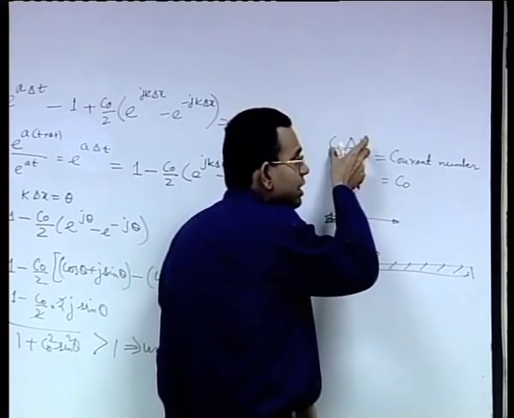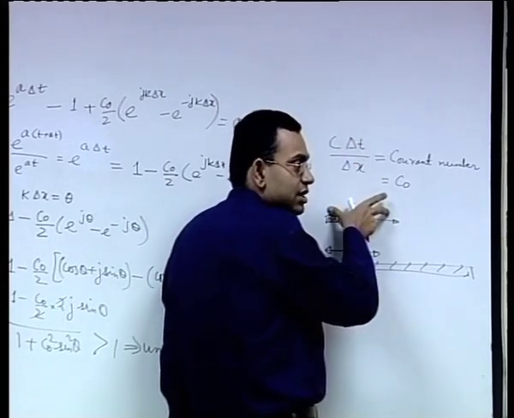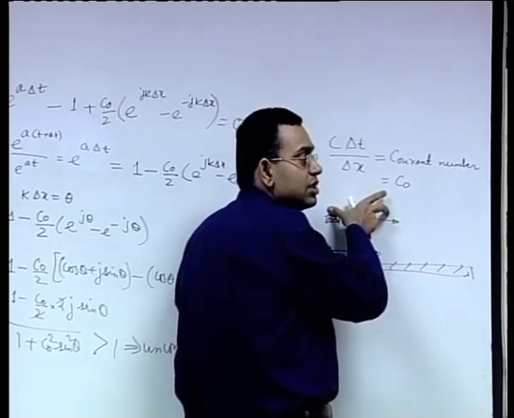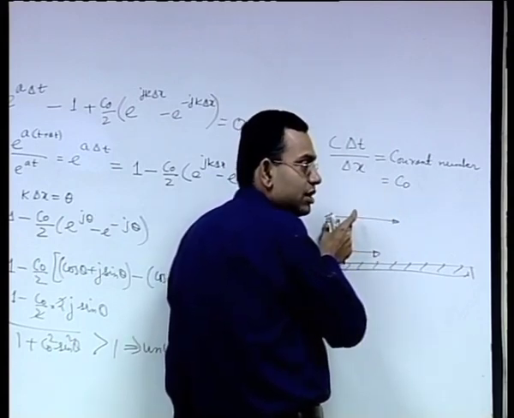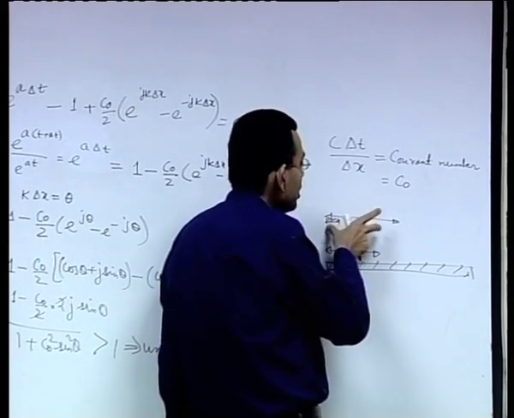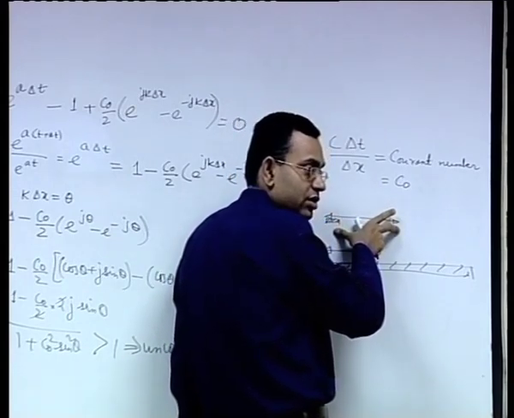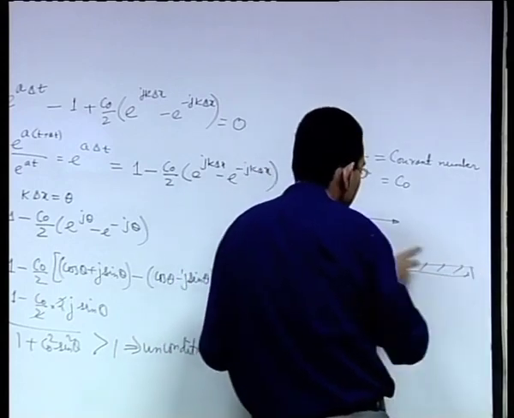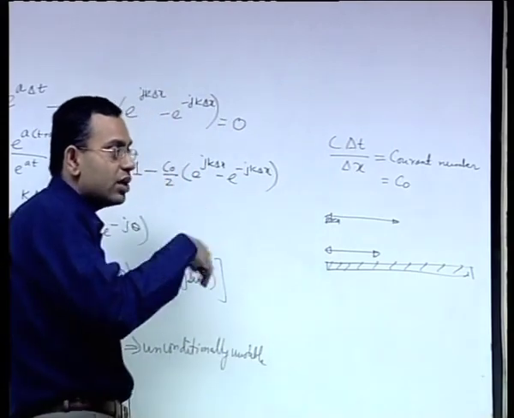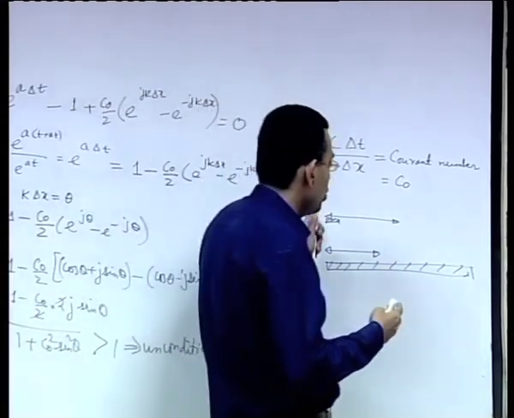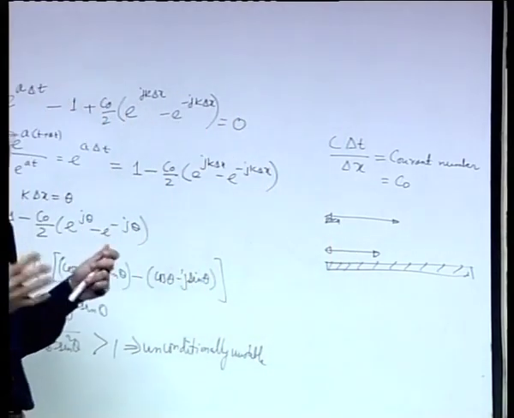So c into delta t is the smallest distance of propagation of disturbance that is resolved, and if your grid is less than that, then your grid is not resolving a full propagation length, whereas if your grid is large it will resolve a few propagation lengths. So we will later on see which one of these two could be the preferred one. I am not committing to anything, I am just giving you the two limits.